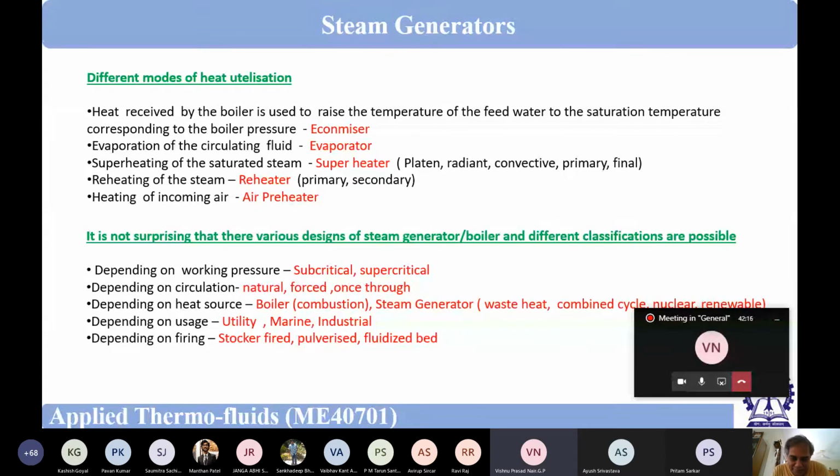No. So this is called TEMA, Tubular Exchanger Manufacturers Association. So TEMA code. It is US based. But in the TEMA code, there is nothing told regarding boilers. Boilers are like many heat exchangers plus furnace. So there are boiler codes, and sometimes the boiler design is also guided by the codes of pressure vessels.